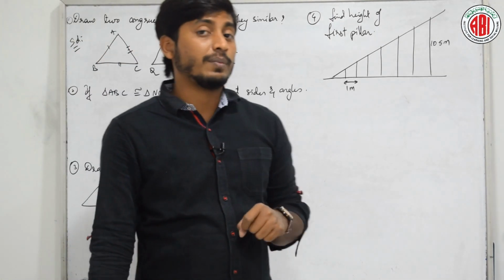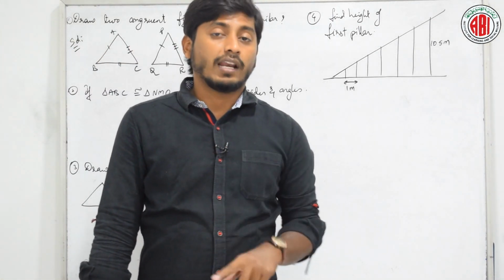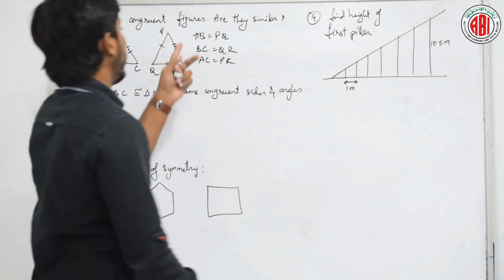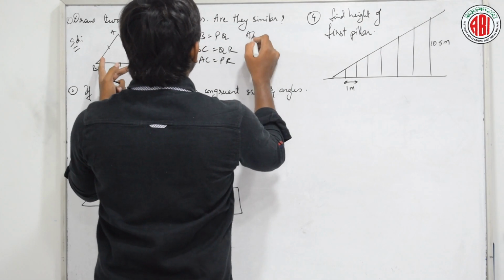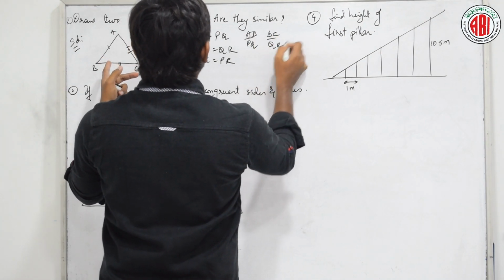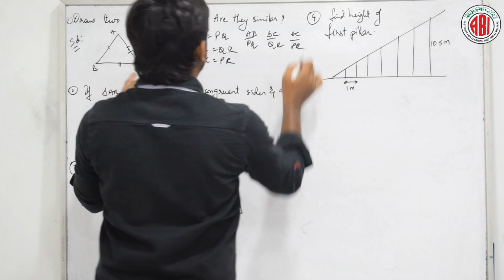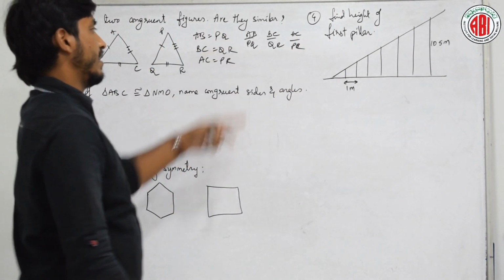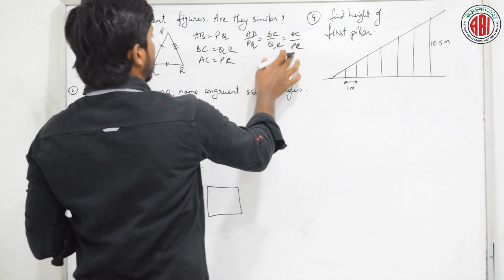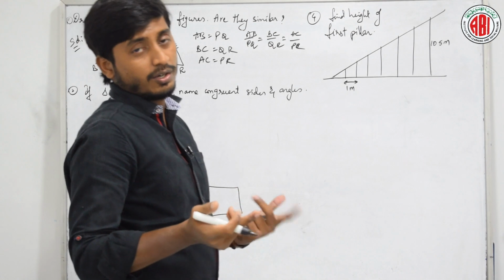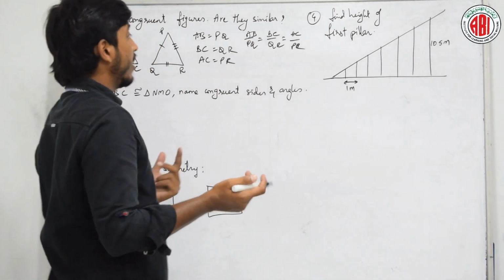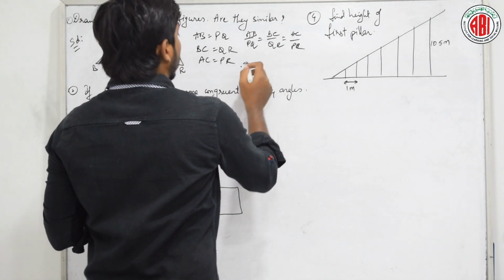When are they said to be similar? When the ratios of all the sides are equal. Let us see AB by PQ, BC by QR, AC by PR. Obviously they are equal. Why? Because this is equal to this and this is equal to this, so the ratio is always 1. 2 by 2 is 1, right? Similarly, AB by AB is also 1. Therefore,